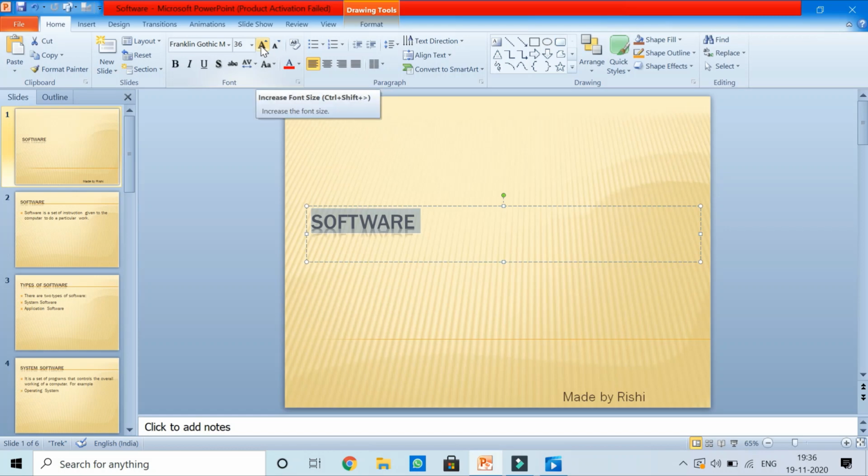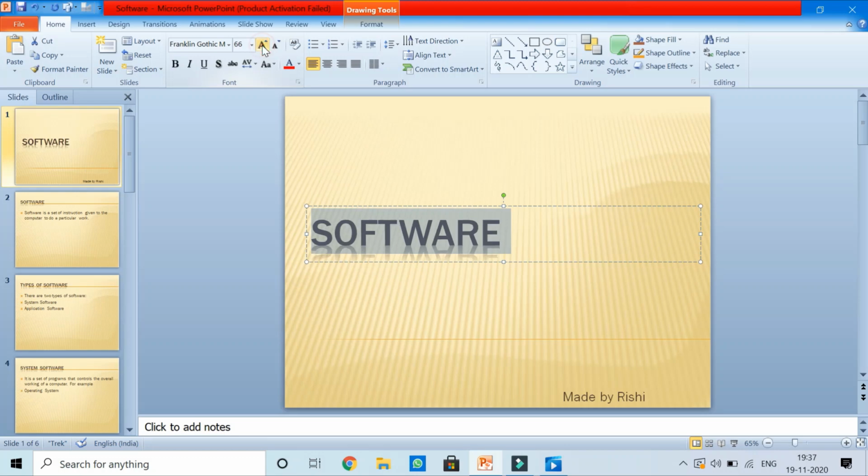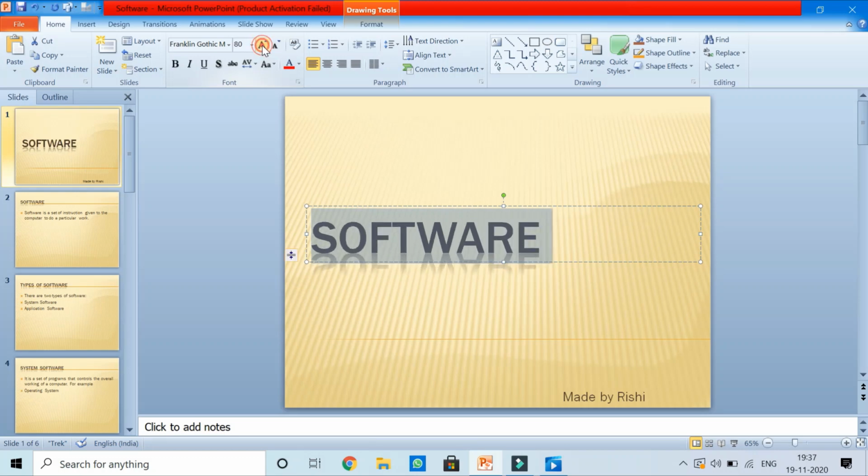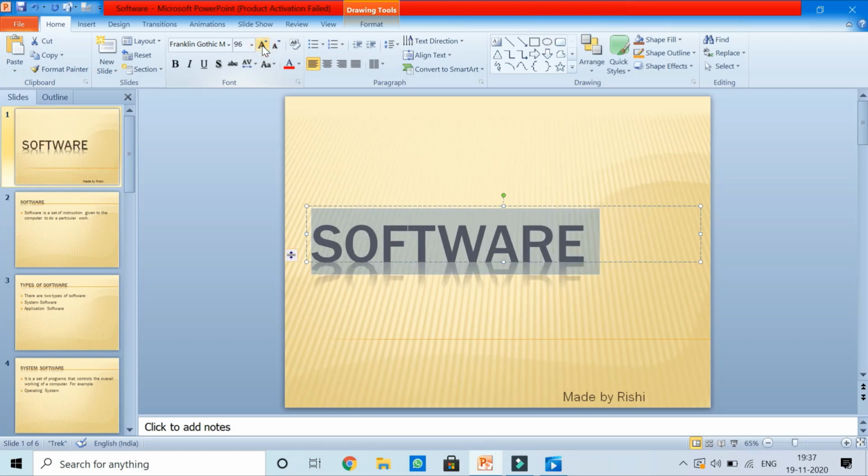Because we want to increase the size, we are choosing this, and when you click on it you will see the size of the text is increased a little. Further you click on it, it is increased a little more. So keep on pressing until you get the desired result. I am clicking on it, and you can see I have got this big size.